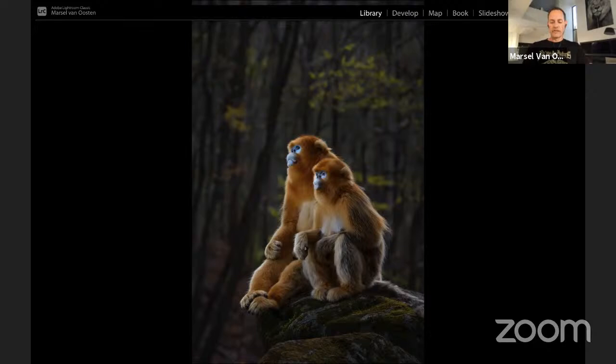Or when you're photographing at night. At night, a flash can temporarily blind an animal, and that's not going to be a good idea, especially not if that animal is a prey animal, because then you give the predator an advantage, because then the prey animal cannot see the predator coming. So that would be one of the reasons. So be a little bit more hesitant using it at night, but during the daylight, I don't think there's any reason